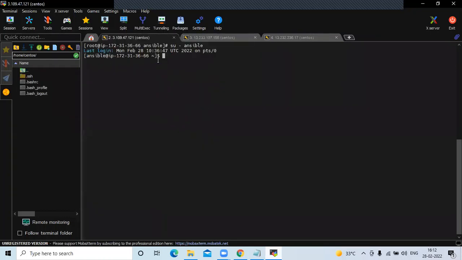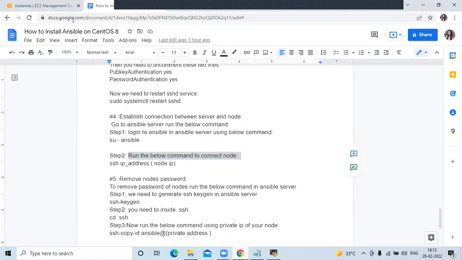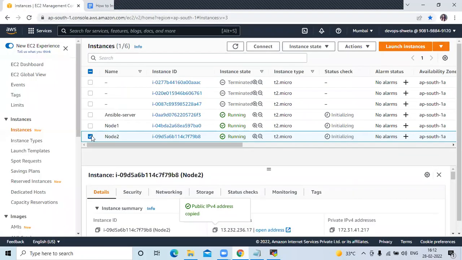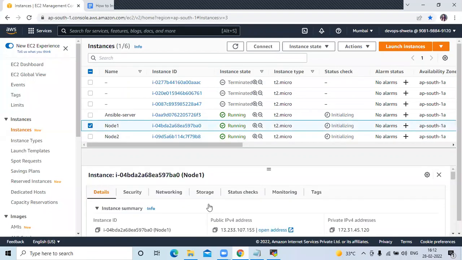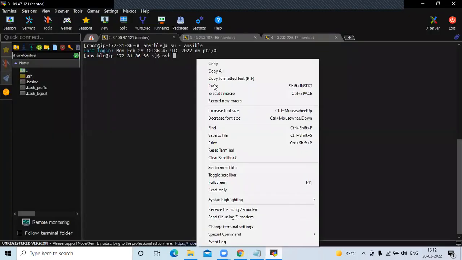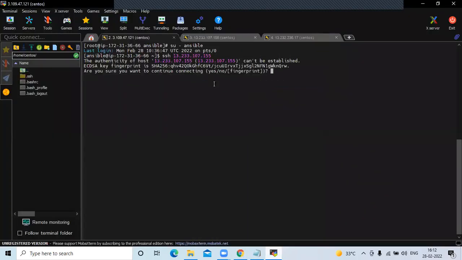For that run the command ssh, and here we need to paste the IP of our node 1. So here you can see the IP. Now yes,